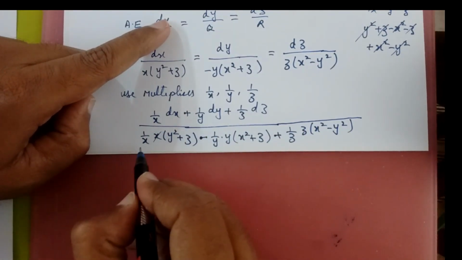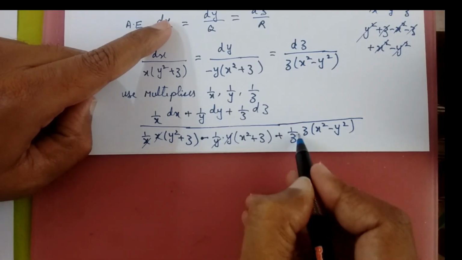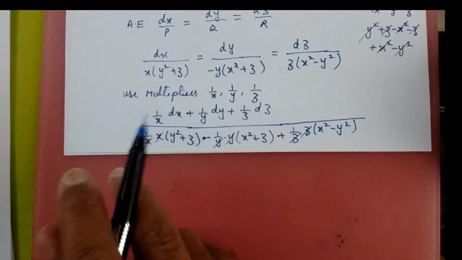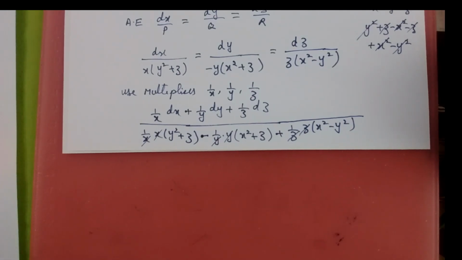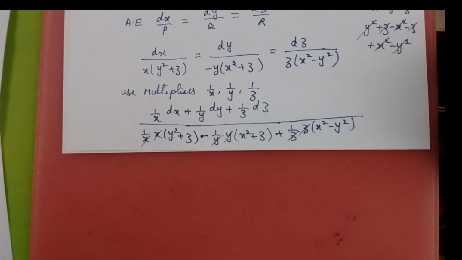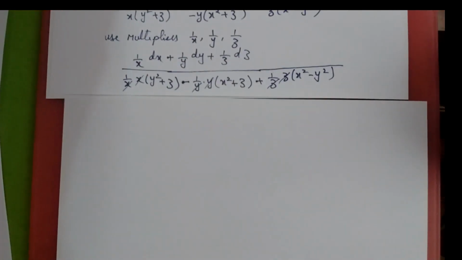So this x will cancel out, y will cancel out and z will cancel out. Now if you try to simplify that denominator expression, we will be getting the expression as